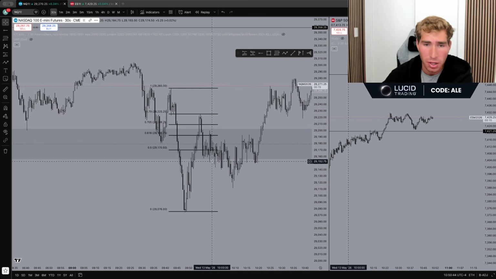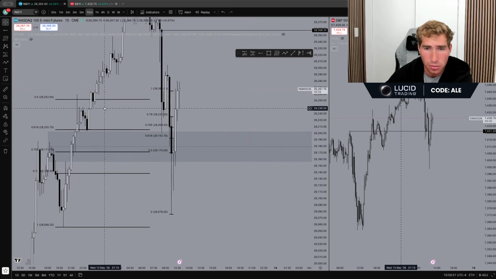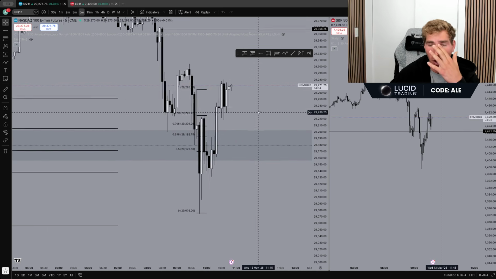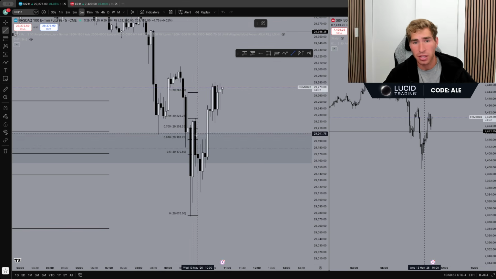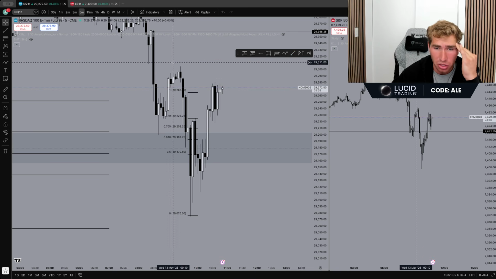Price comes up, respects OTE of the range. We tap 0.79 of the range to the tick. We also are extremely bearish on the 15-minute time frame. On the 5 minute, I'm like, all right, finally we're getting longs, right? We tap this 5 minute change in state and delivery. We don't get a single bullish reaction. Instead, we just start dumping.